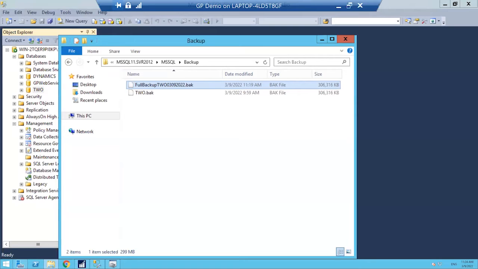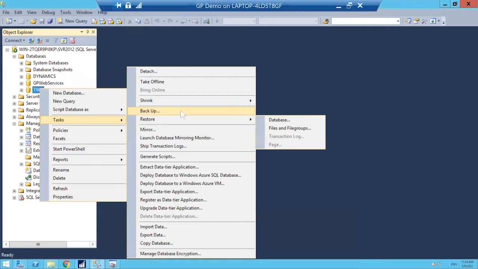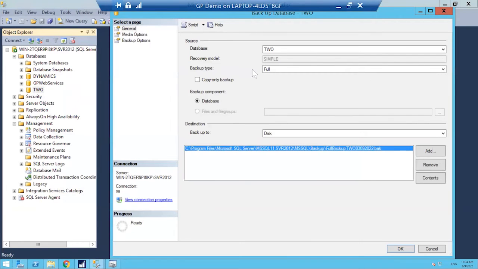All right, so we're going to look at how to perform a differential backup, and we're also going to look at how to restore that differential backup as well. All right, so with the differential backup, like I said, it's the same process, but a full backup is required firstly. So we're going to go back and go to Task, Backup,